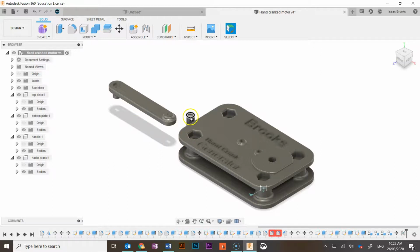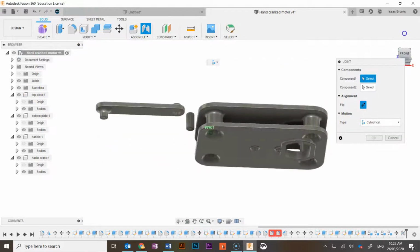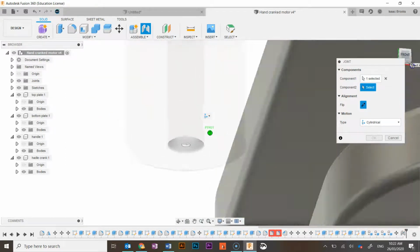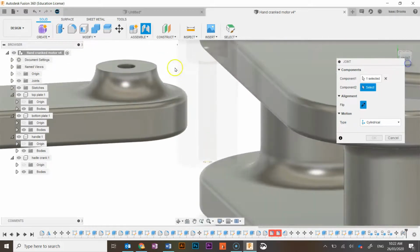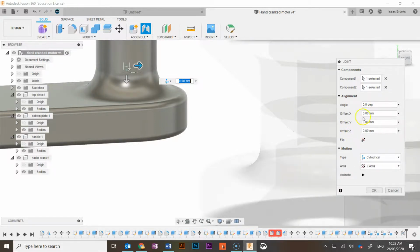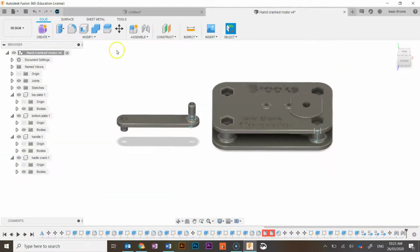Now the next part I want to join is this handle top part on. So I go join, select that little circle to go with this part here, and it should jump on there. You can also offset it if you want for whatever reason, but in my case I want it bang on there. And finally, I'm going to join